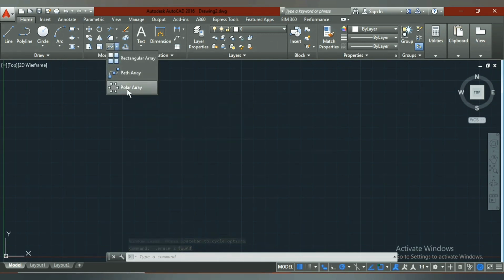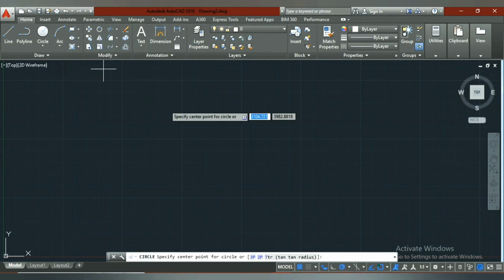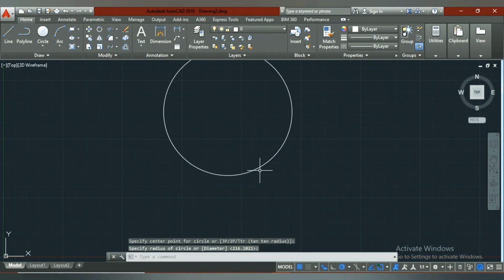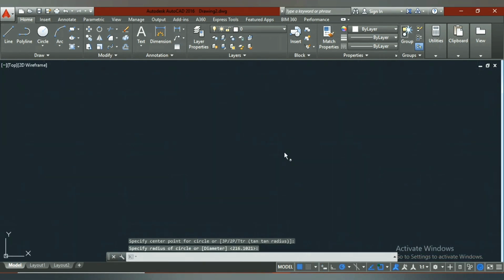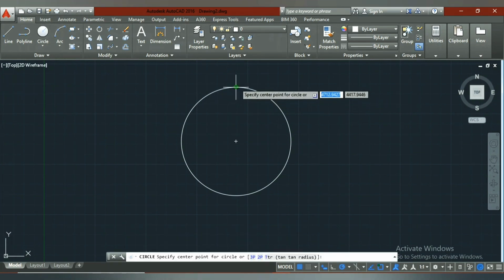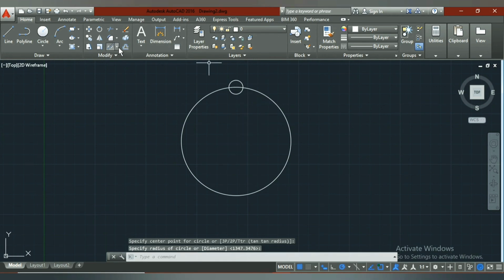For polar array, it means that you can create your arrays circular-wise. I'll just draw one circle here, and suppose I want to create more circles on the circumference of it.